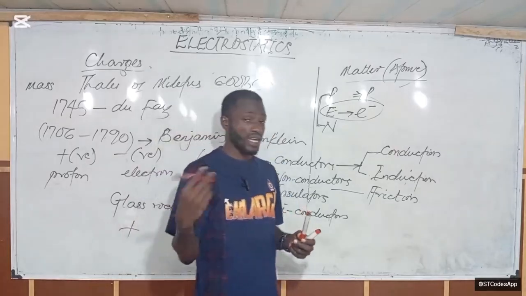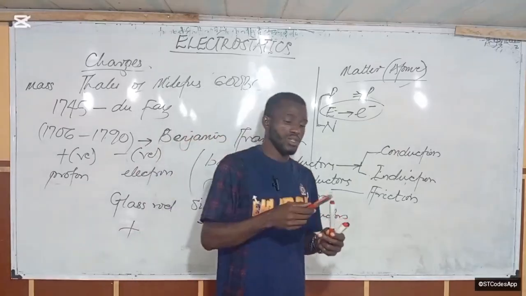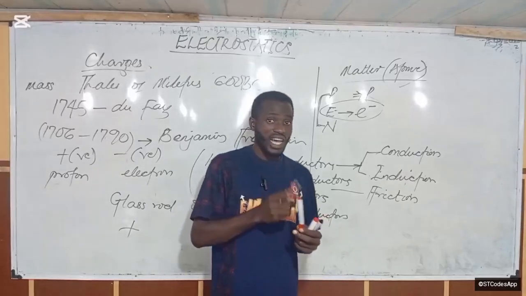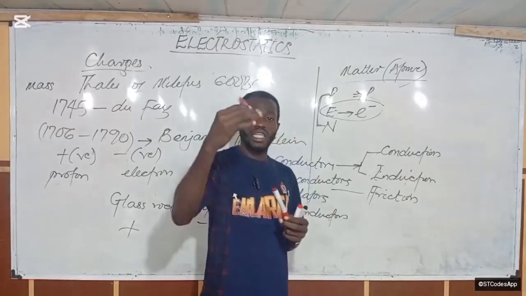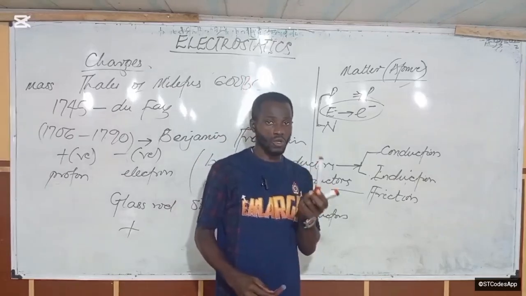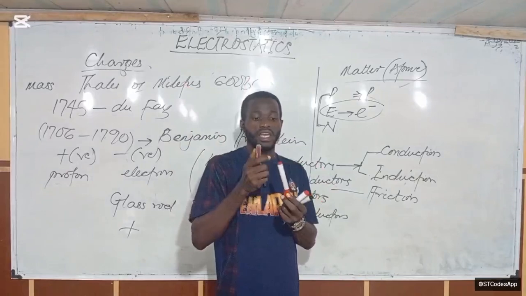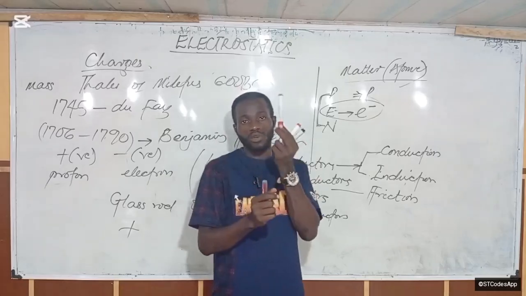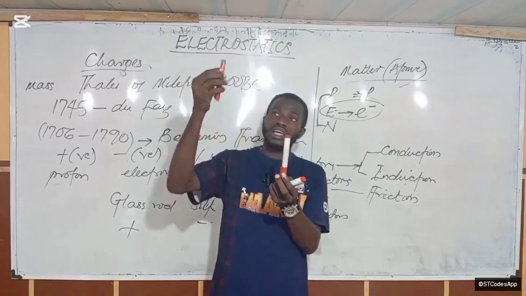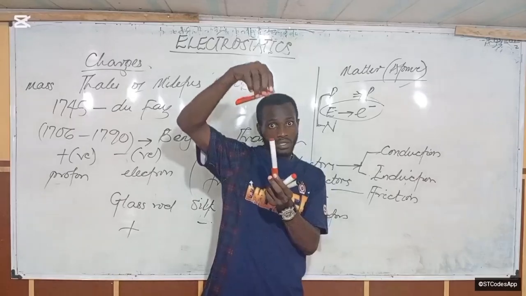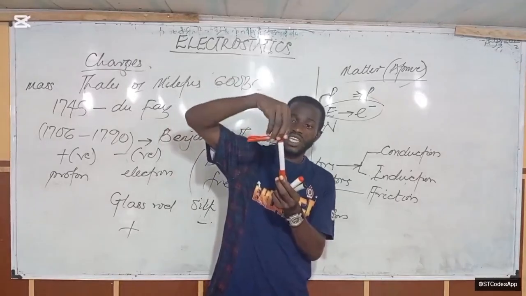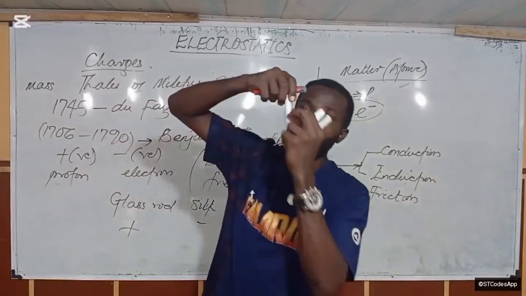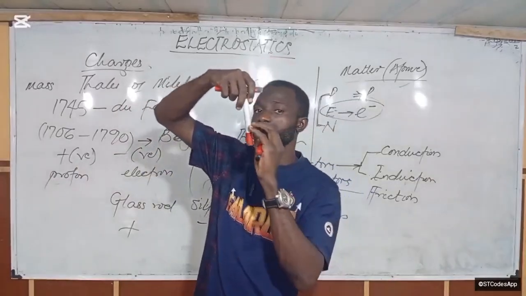And how does it happen? By the time it comes onto this body, the charges are going to separate. If this one was negatively charged and this one is neutral, the number of positive and negative charges here was the same. So since this one is now negative, the moment I touch the head, I'm referring to this head portion, this negative charge is going to cause a charge separation such that positive charges will move towards the top and negative charges will move away.